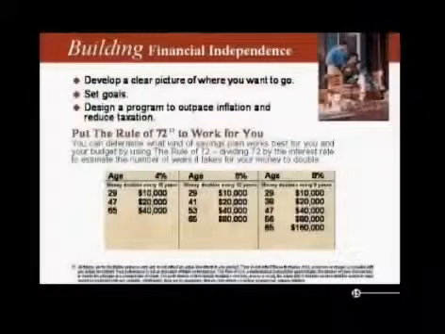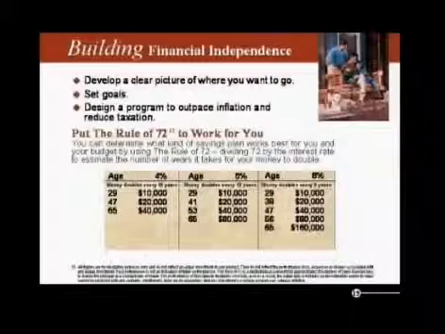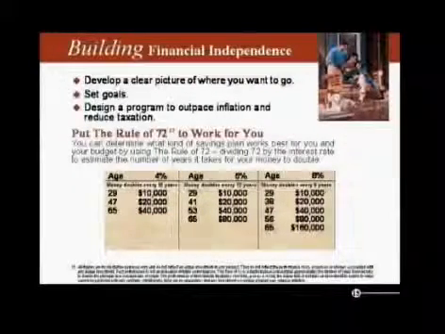And then number 7, goals and objectives. How can you ever reach a destination when you can't define where it is you're going? You need a map, but you need to know where you're going. This slide right here is the major slide and why I'm in the company today. It's called the Rule of 72.